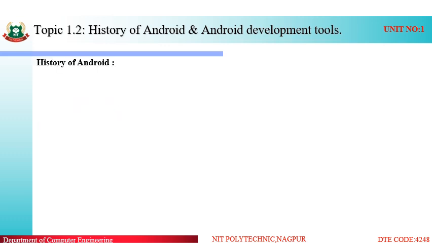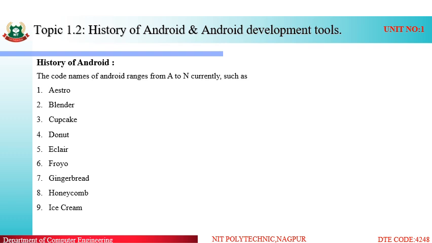So coming to the history of Android, before Android operating system, Symbian operating system was used for mobile platforms.